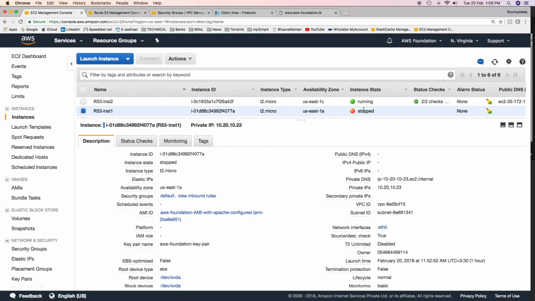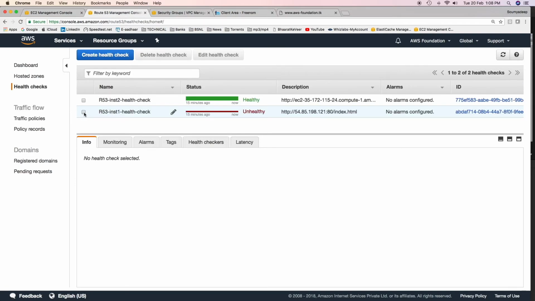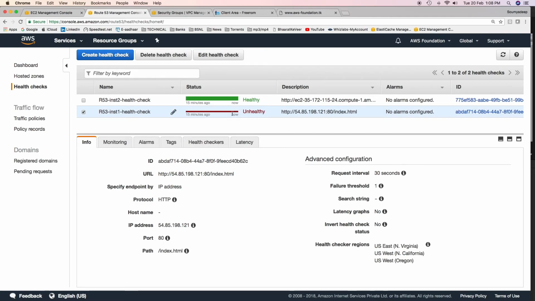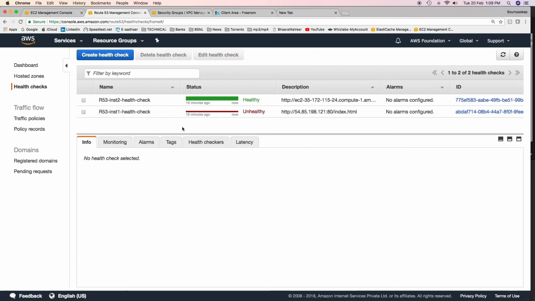This EC2 instance has been stopped now. As the EC2 instance is stopped, the health check is saying that the EC2 instance is unhealthy. Of course, this is what we want. Now, our domain name should take us to the standby EC2 instance, which is the green one. Let us go ahead and see, but remember one thing, we have mentioned the TTL to be 5 minutes. So we'll have to wait for 5 minutes at least to see the effect.